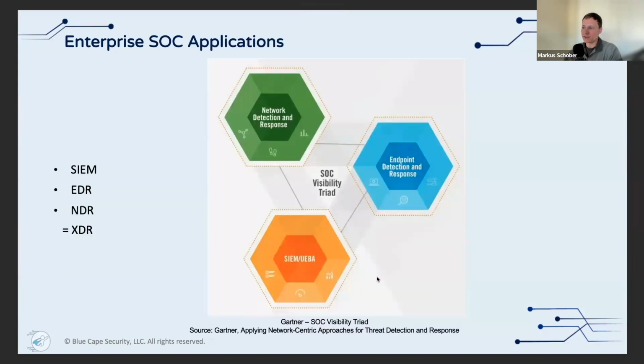Now, how are we going to do this? Here is a high-level list of things typically seen in a SOC environment. The way we do this is the SOC visibility triad defined by Gartner, but this is what basically makes a lot of sense, right? We always have had the SIEM, the Security Incident Event Management system, which is just a centralized place to